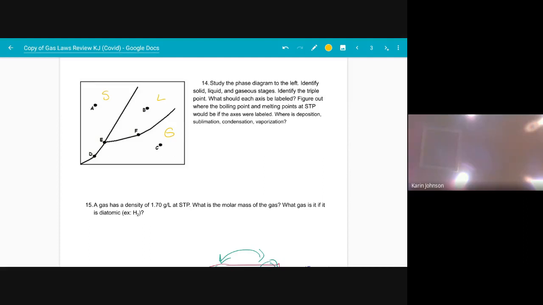Identify the triple point. That's this right here. That's where all three phases come together, so they're all present at the same time. So you could have, if this diagram were for water, this would